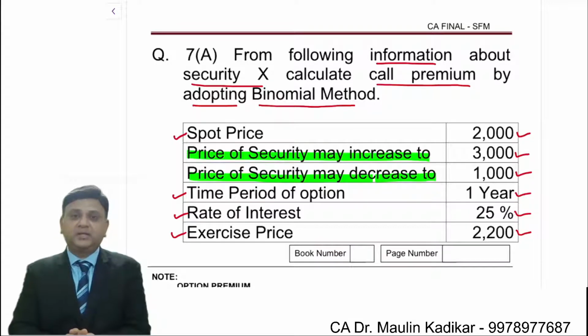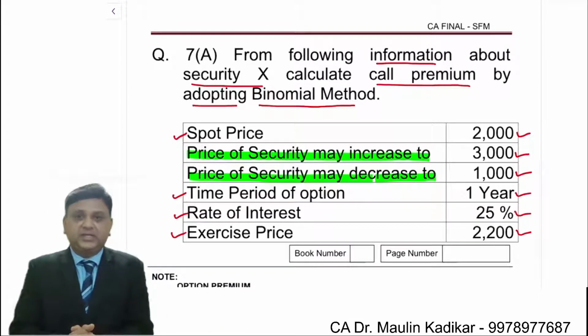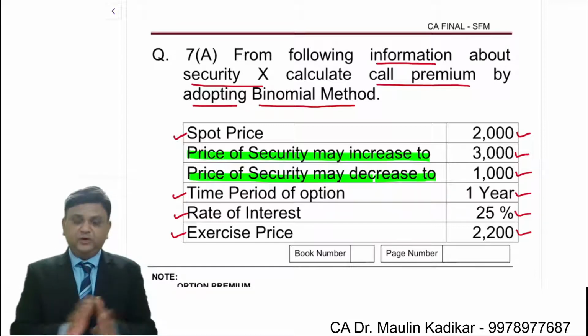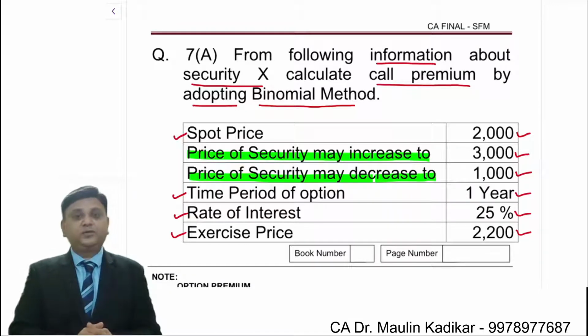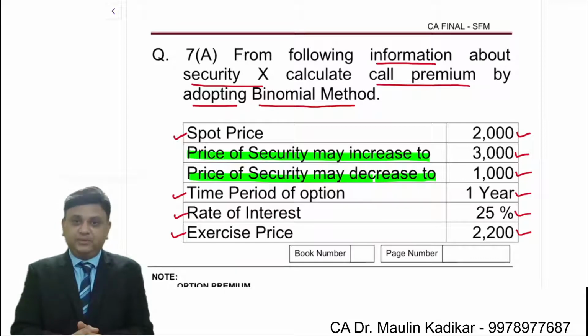Binomial method is a method in which we can make the computation of the premium by using the replica portfolio method. What is the replica portfolio method? Listen carefully. The premium amount is calculated from the option seller point of view, as if the option seller wishes to reach the break-even point. With that we will make the computation of the premium.